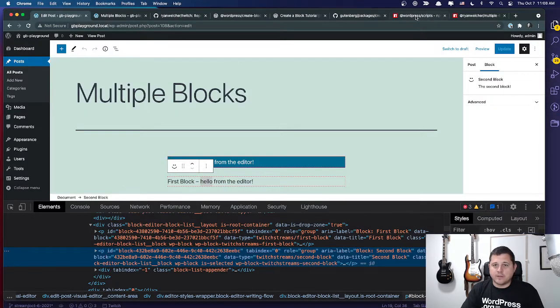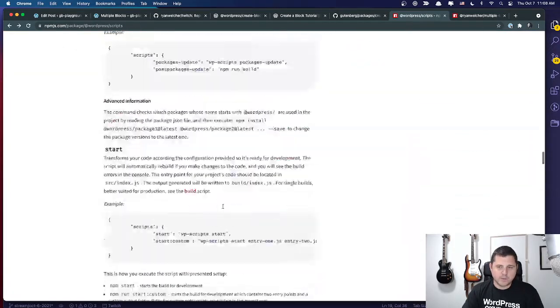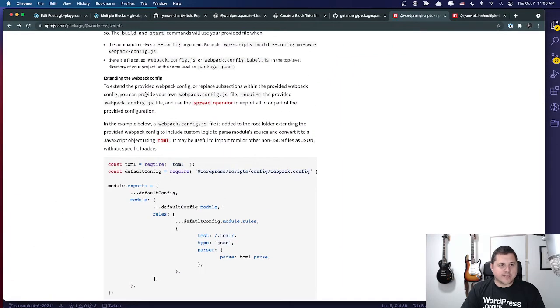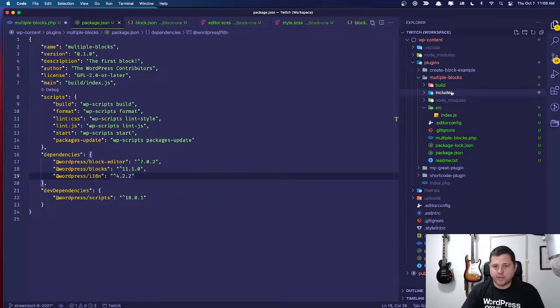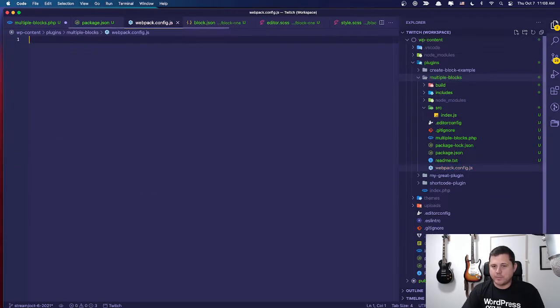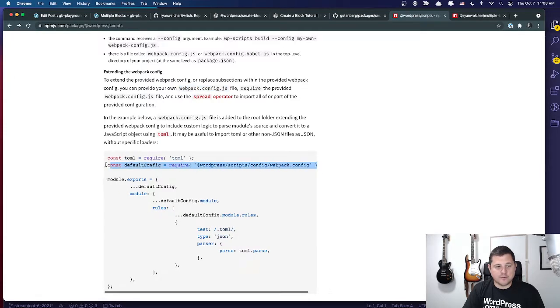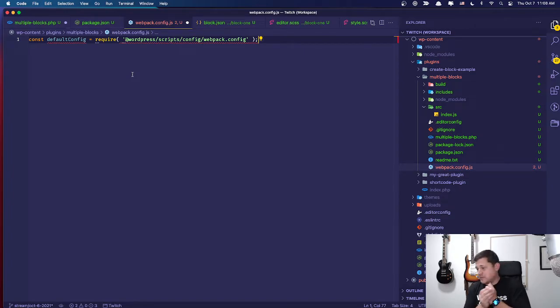If you look at the scripts package, this is just the npmjs.com version, but the docs are the same as in the repo. Just scroll all the way down to the bottom. There's this section on extending the webpack config, and this is what we're going to do. We're going to need to create a file in the root called webpack.config.js. What we want is to get the default configuration that ships with WordPress scripts,